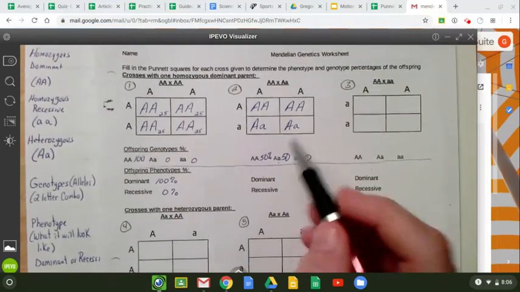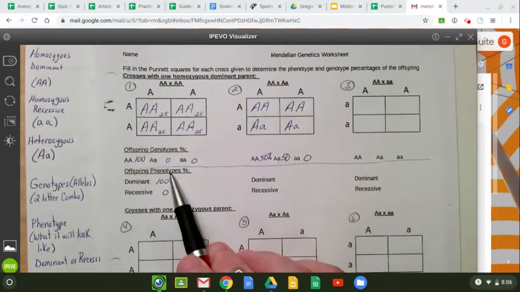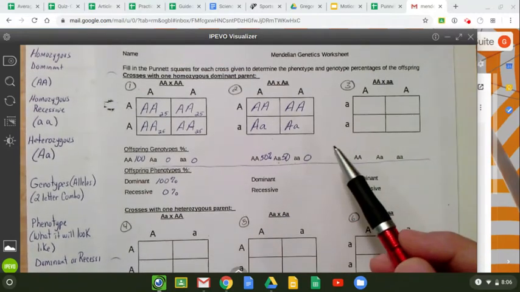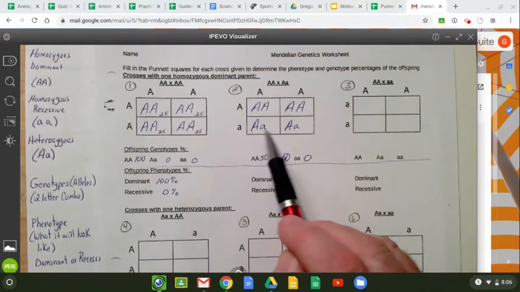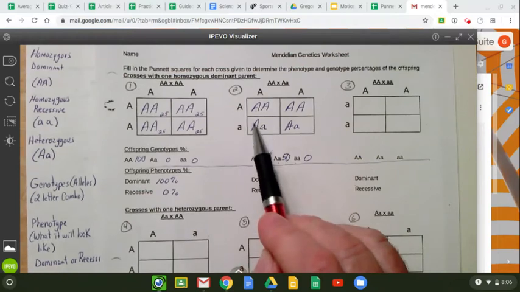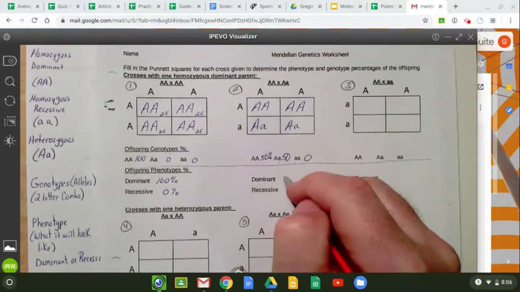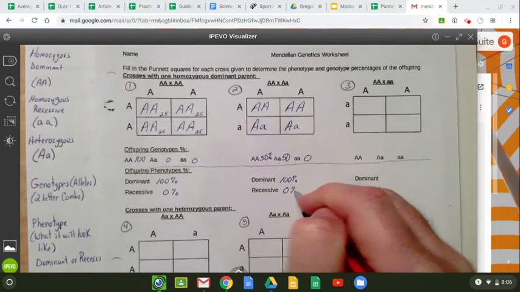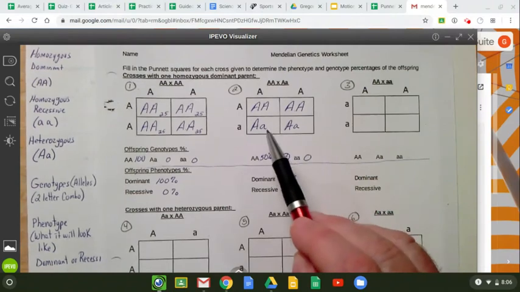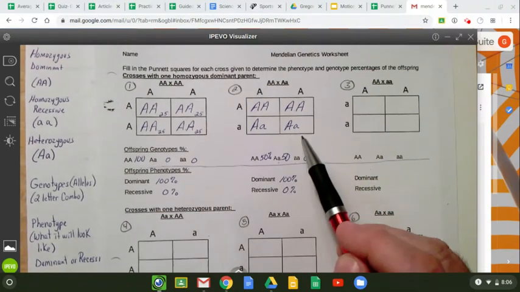So let's look now at our offspring phenotypes. What are their children going to look like? Are they going to have the dominant traits, or are they going to have the recessive traits? Well, each box has a capital letter. Remember, the capital letter overrides the lowercase. Anytime there is a dominant allele in the genotype, it's going to show the dominant trait. So here in this cross, we also have 100% dominant, 0% recessive. Even though 2 out of the 4 will carry the recessive trait, they may not see that trait until the